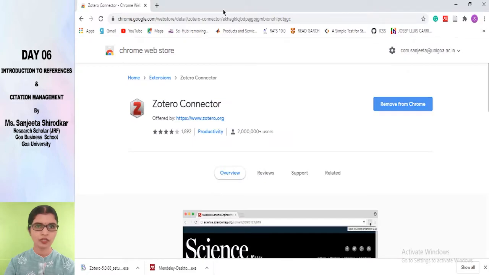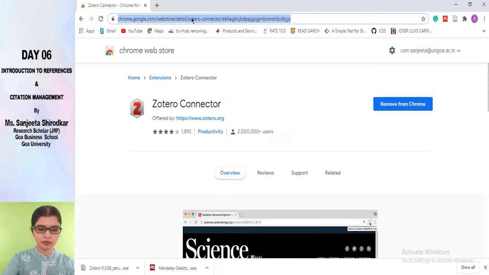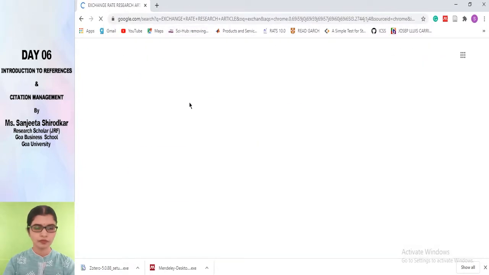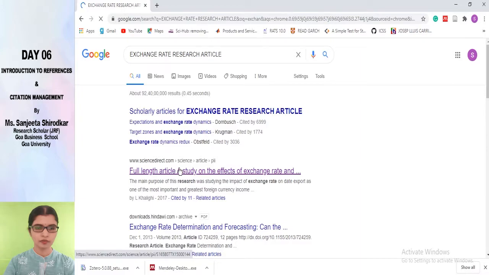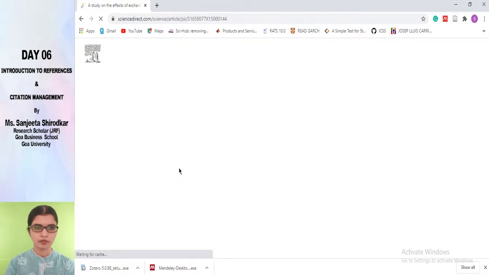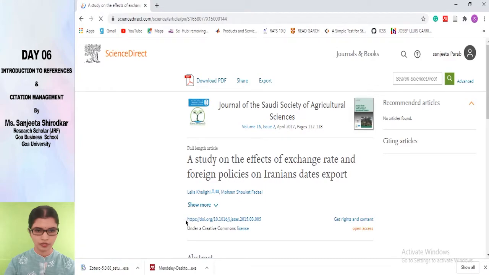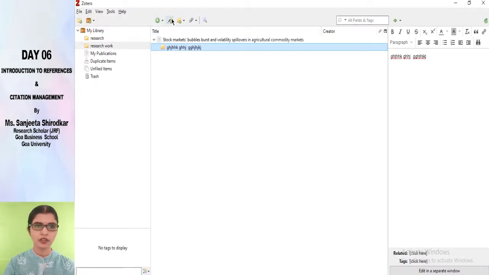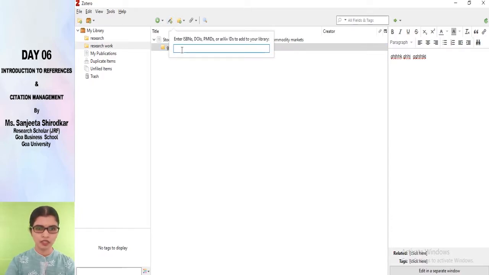Let us find one article with a DOI. Let us see if a DOI is available for this article. Yes, here is the DOI. Just copy the DOI, go to Zotero, click on the magic wand button, paste it and search.